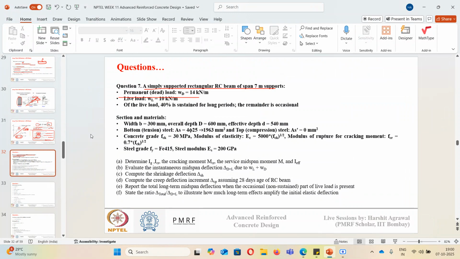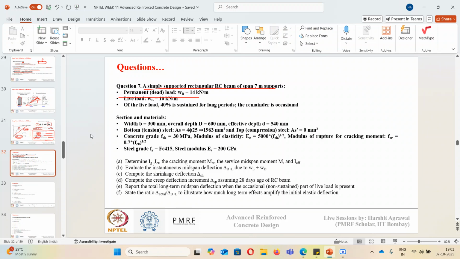And for creep, we know the creep coefficient. It is given for 28 days, assuming 28 days. So we'll calculate the modulus of elasticity of concrete, which will be equal to the initial modulus of elasticity of concrete divided by 1 plus theta. Theta is 1.6. Then we know the instantaneous deflection we can calculate, based on the permanent